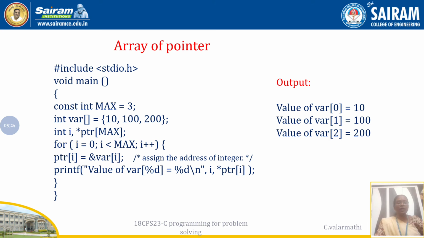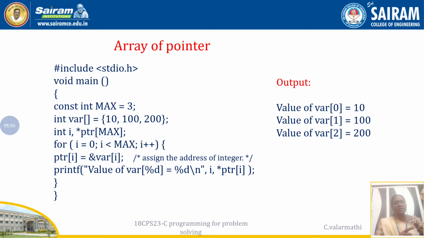So what I am going to do is, using the for loop, for each individual element in the array list, I am referencing one pointer. So what is the pointer? ptr is my pointer. Using the for loop, I am assigning the address of variable i, denoted as ptr[i]. Similarly this will be executed 3 times.